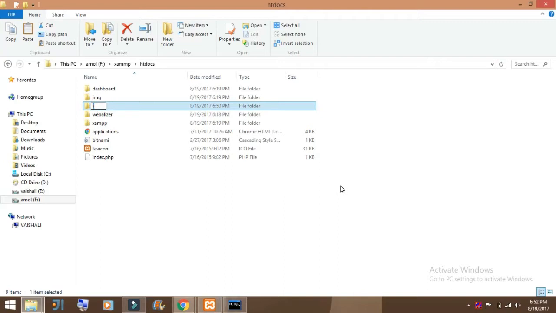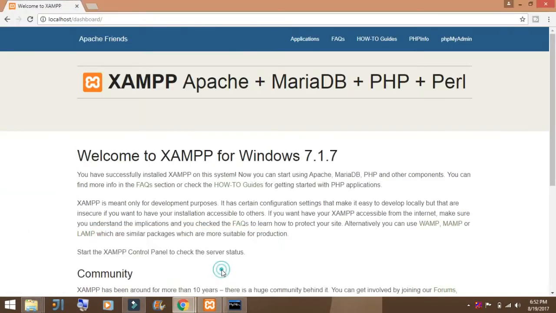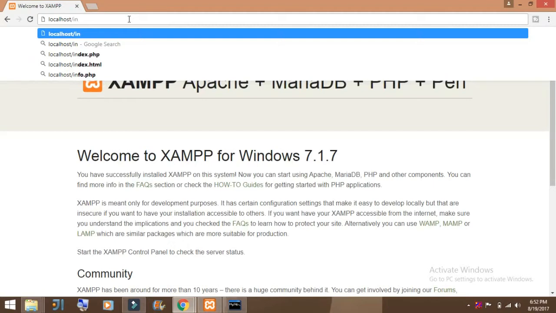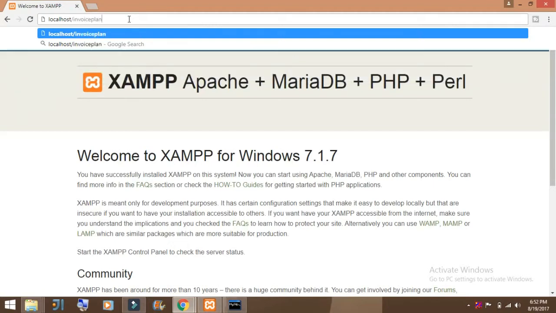If you want, you can rename it to Invoice Plane, right? This is optional. This is not compulsory, to rename the folder. Now go to the browser and type localhost slash invoice plane, right?